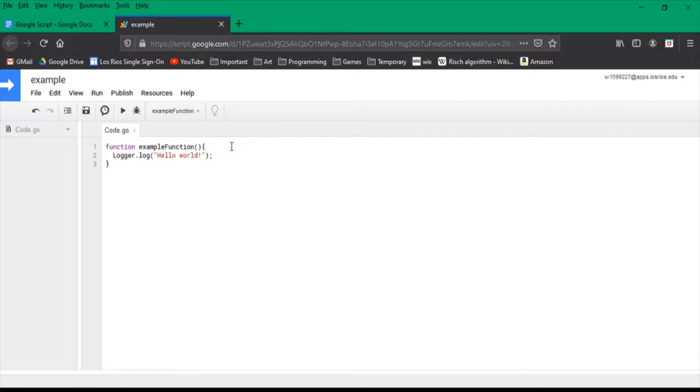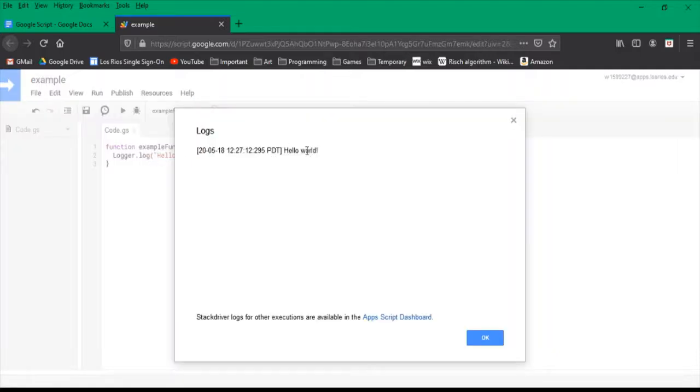So now, that's great and all, but what does this even do? What I'm going to do is make sure that example function is selected here as the function we want to run, and then I am going to run it. It appears to have been successful, which is good. So I will go to View, Logs, and as we can see, it printed the message Hello World, which is